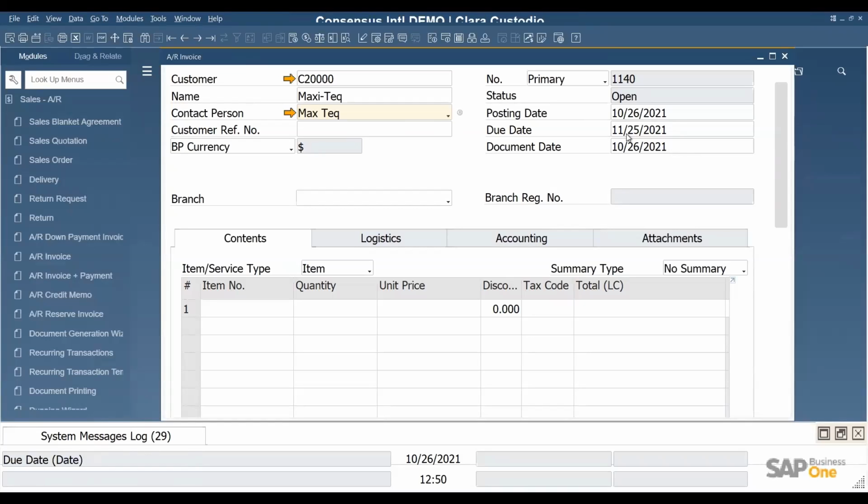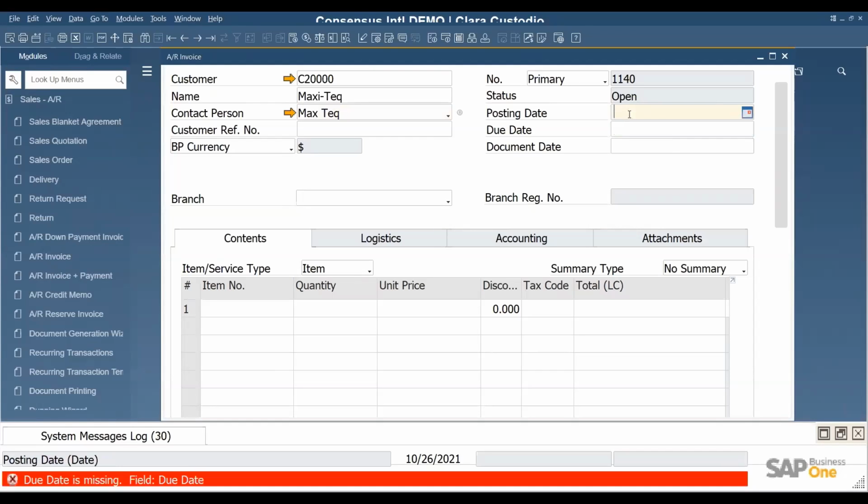In this case, probably the payment terms of this particular customer that I'm showing. But what I want to show you right now is ways of easily changing these dates and inputting data into the dates manually in case you ever need to do that yourselves. So the easiest way of inputting data into a posting date, which needs to be today, the current day, is